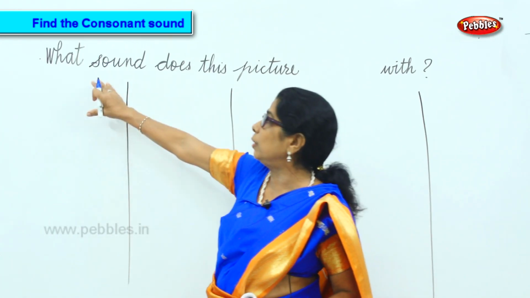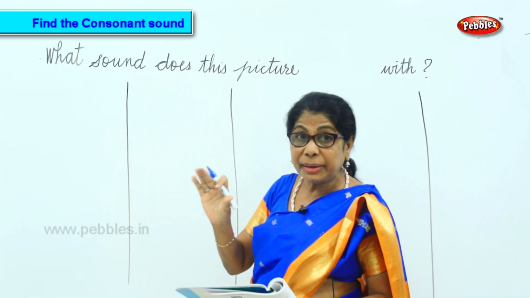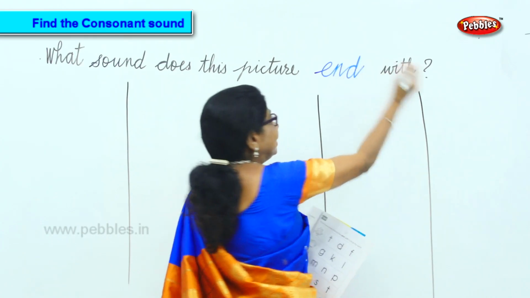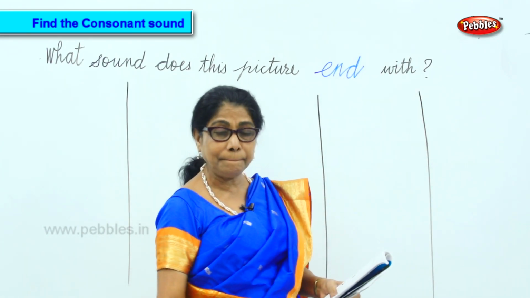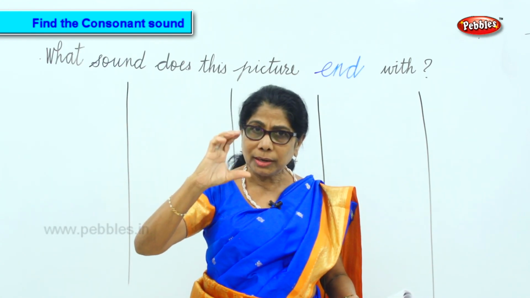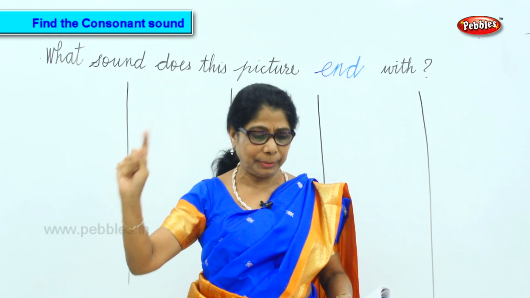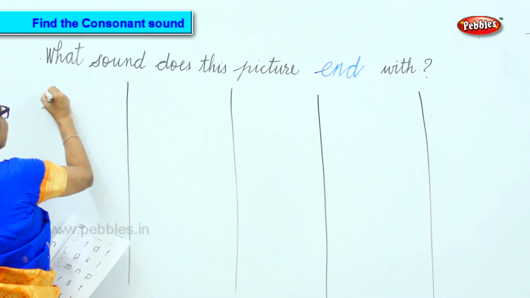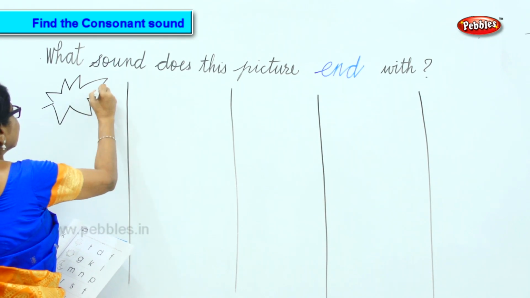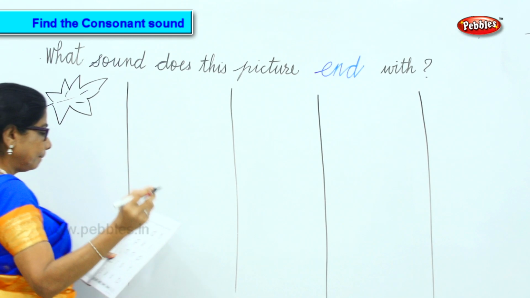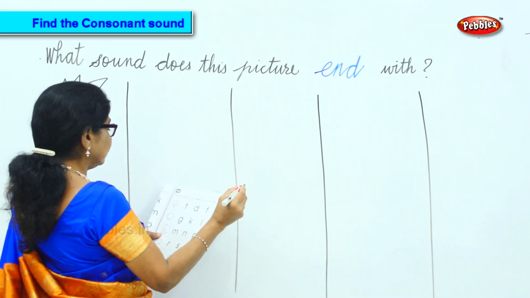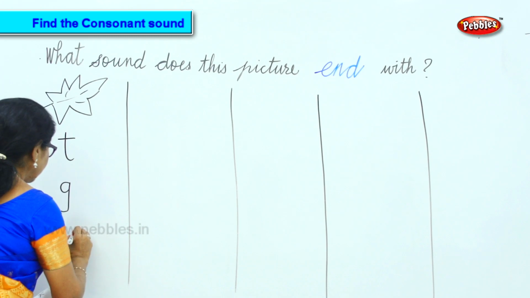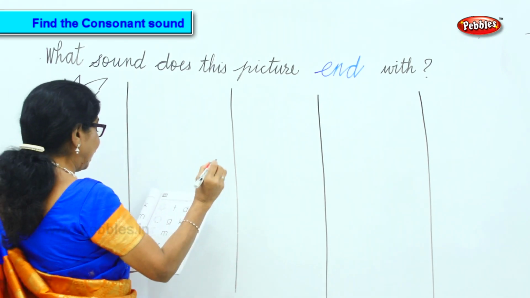Okay, now we are going to do what sound the pictures end with. So far we did beginning, now ending. So I am going to put up some pictures and letters for you. When I put one picture, what is the ending of that picture? That's what we are going to circle now. First we have, okay, then we have letters. Okay, another picture we have is